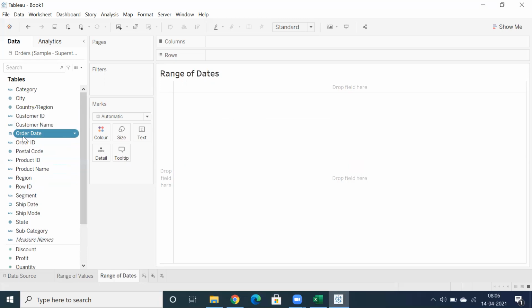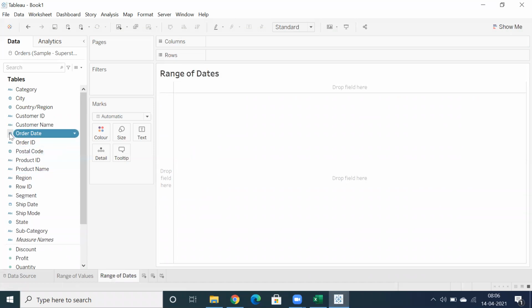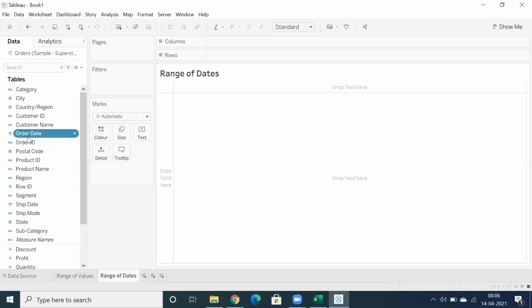A date column is also a dimension, but I just differentiated filters on date. Basically date is nothing but the data type is date. For other dimensions we don't differentiate, but this is only the data type differentiation between filters on dimension and filters on date. So both are dimensions, but now I'm going to use date related data type columns.